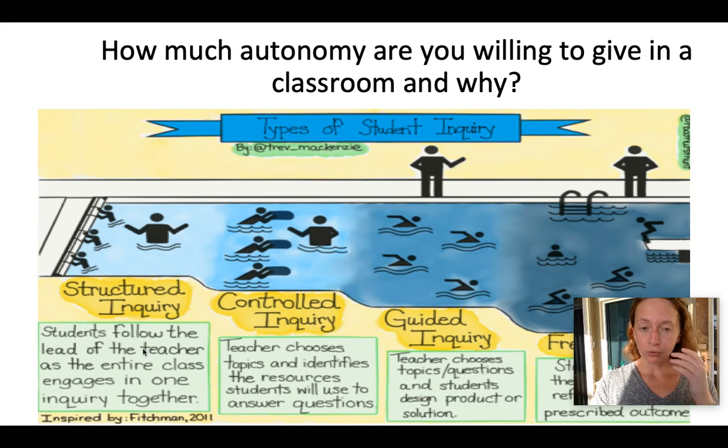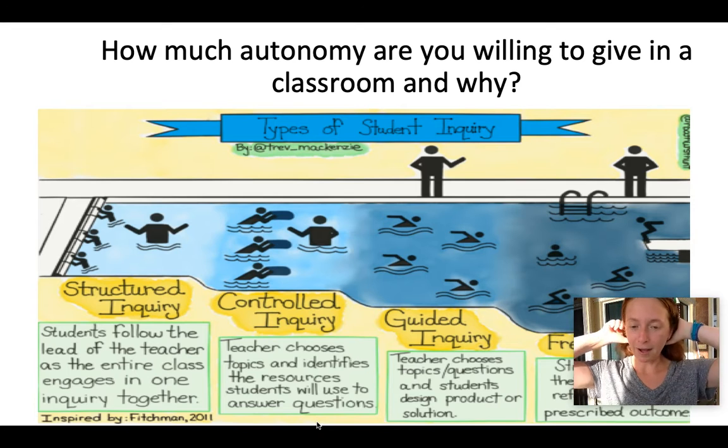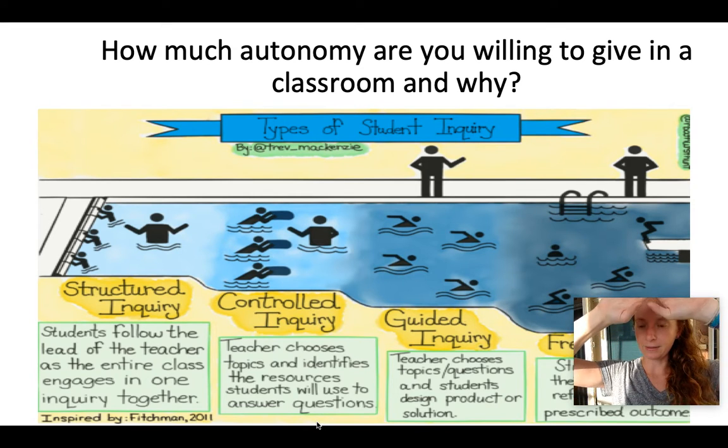And then you go to controlled inquiry. So you can kind of see, this is more where you're scaffolding, you're letting go a little bit. And so the teacher chooses topics and identifies the resources that students will use to answer their questions. But largely, you're providing the bigger foundation for them.